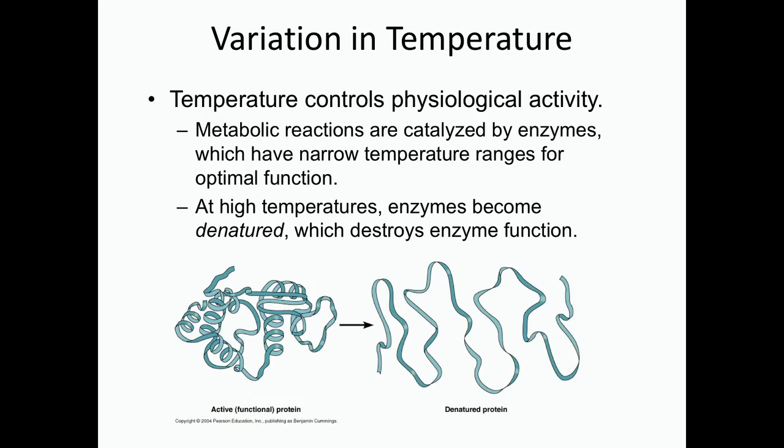Enzymes have temperatures where they work best. If they're in a temperature that's too high, enzymes start to break apart and they become what's called denatured. And you may have heard about this in other classes that you've taken, but what happens is the enzyme, which is typically folded, like in the graphic on the left there, will unfold and fall apart and be more like the figure on the right. And therefore, it will not function in the same way that it would at the ideal temperature.